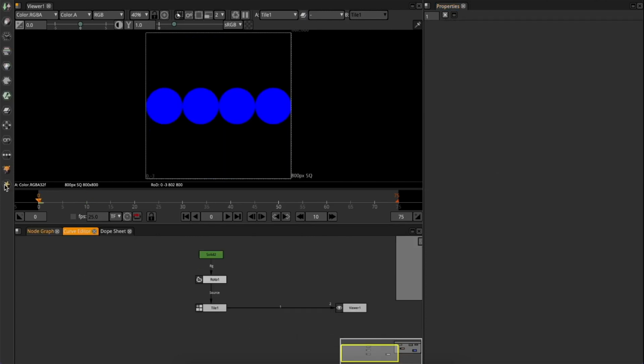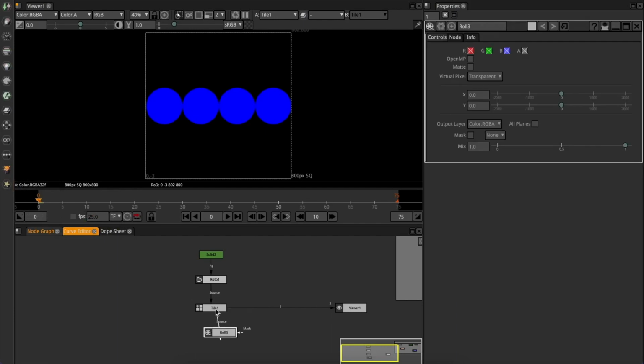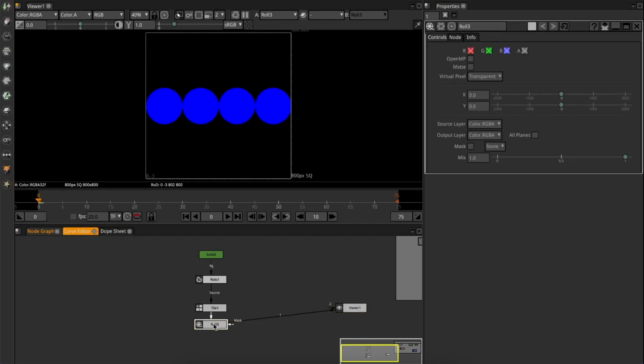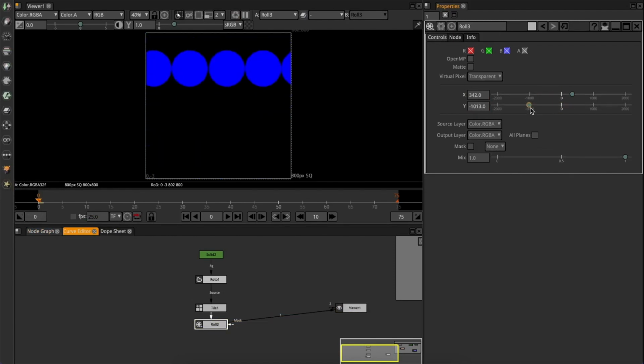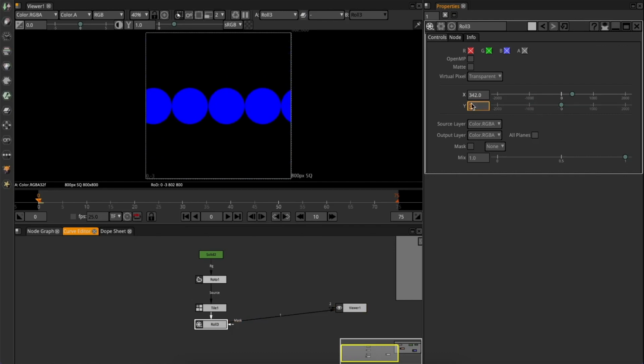Let's make this thing move. I will animate it by adding a Roll node connected to the whole object. You can modify X and Y values. I don't need to mess with the vertical position, so I will leave it untouched, and I will animate just the X value. On the very first frame, set up a keyframe, go to the last frame, and now we